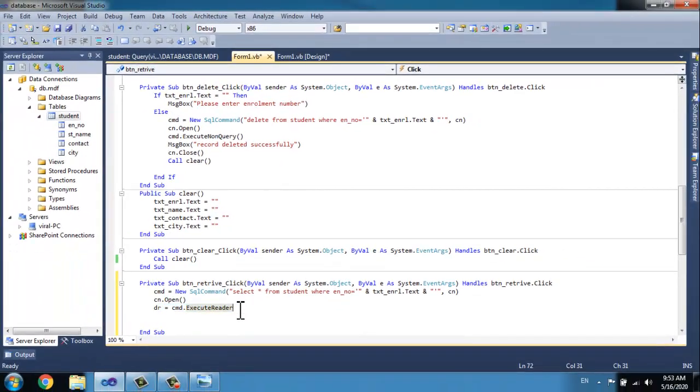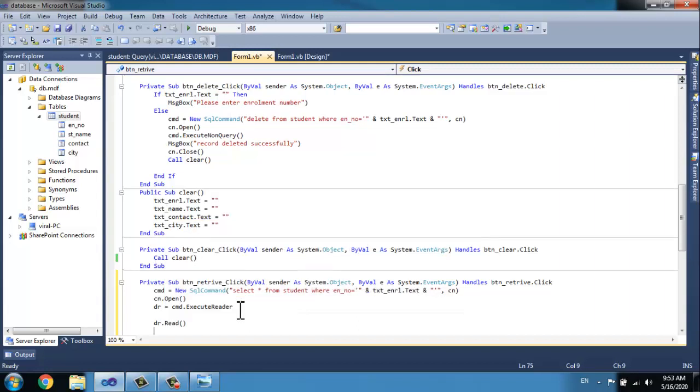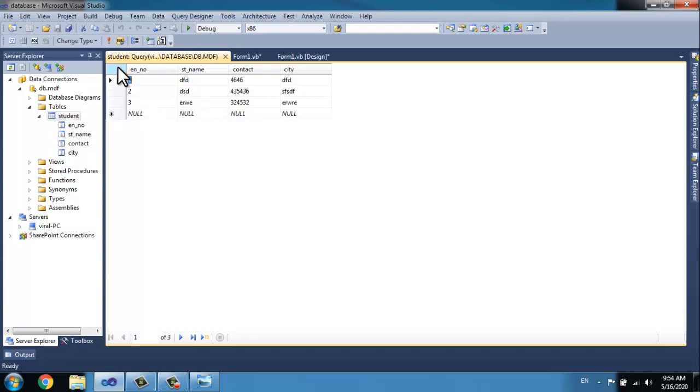Now a very important step we are going to see. When the result is fetched, the dr pointer. The data reader has one procedure called Read. This procedure checks whether information is available or not.